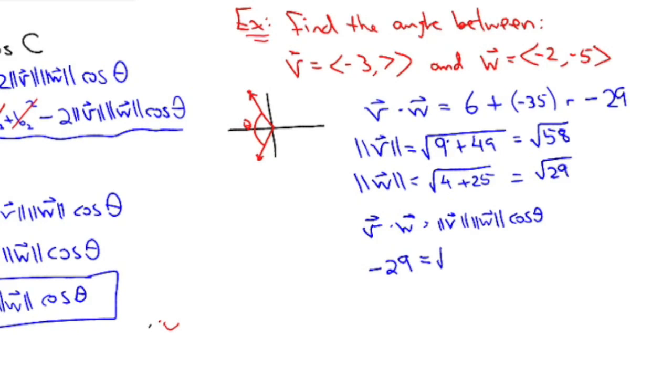Magnitude of v is the square root of 58, magnitude of w is the square root of 29, cosine of theta. How do you solve for theta? Move the numbers to the other side, the 58 and the 29. So divide them across, and you get cosine of theta is equal to negative 29 divided by